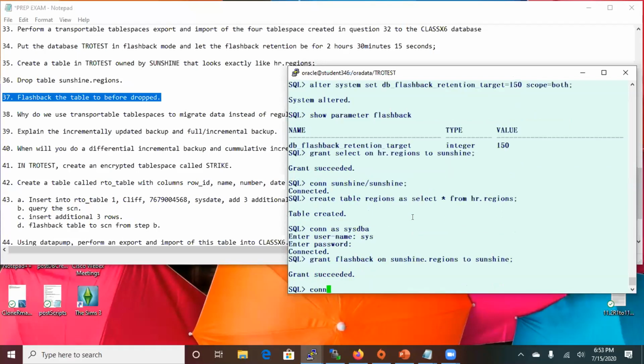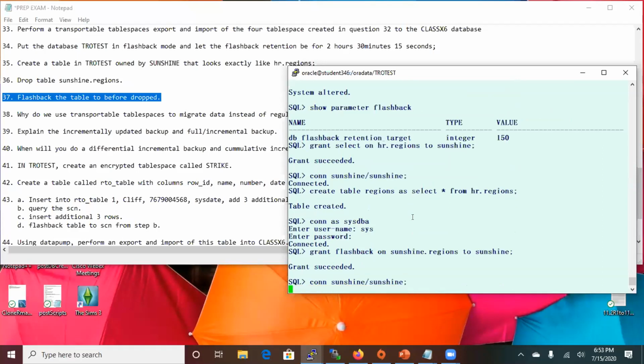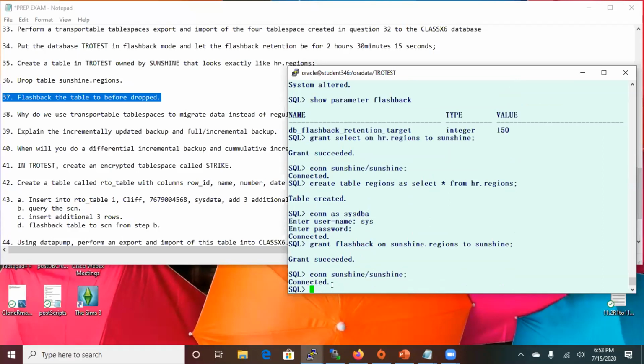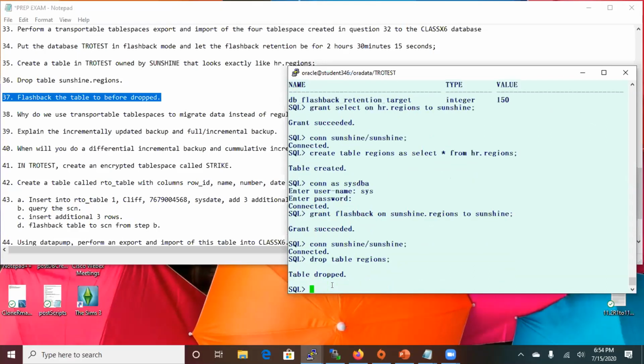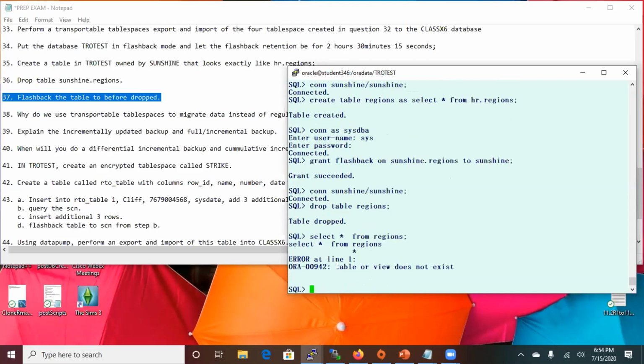Okay. Now I'm going to connect back as Sunshine. So I'm going to drop the table regions since I'm already connected. Now I'm going to try to select all from regions, and the table does not exist. Now I'm going to flashback